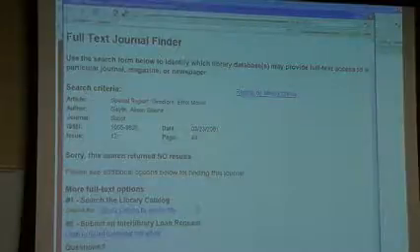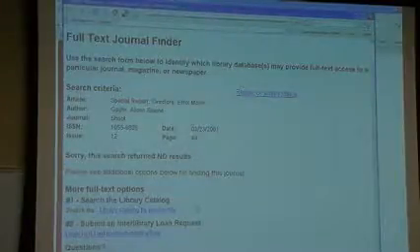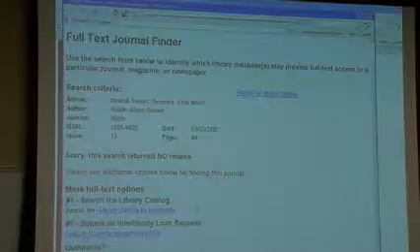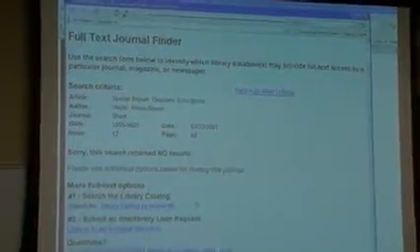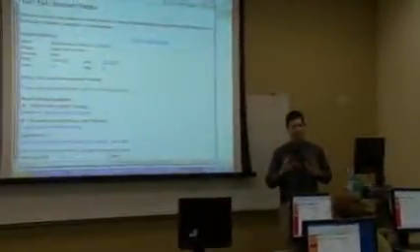Don't let that be the stopping point for your quest for this article. And the reason I say that is because we have a wonderful interlibrary loan department with staff that do nothing but obtain books and articles from other libraries that our students need to have access to. And if you look down here under more full text options, one of those options is to submit an interlibrary loan request. I'm going to click on that link to log in to what we call Iliad. Iliad is our interlibrary loan system that you can use, no charge, to request books and articles. And I'm going to go ahead and